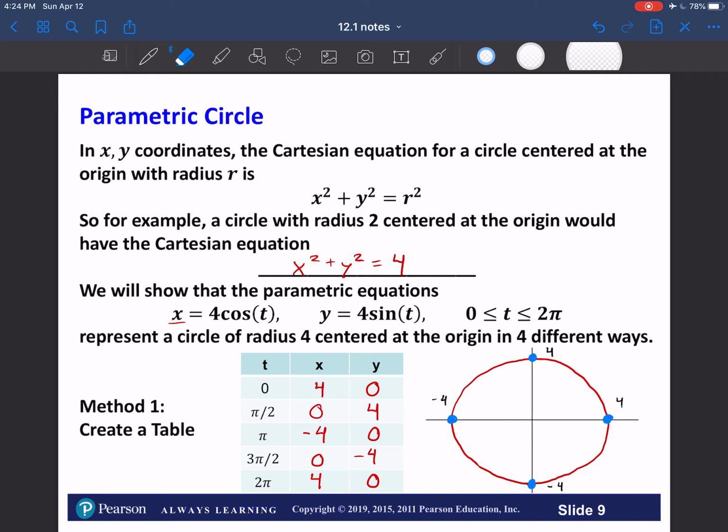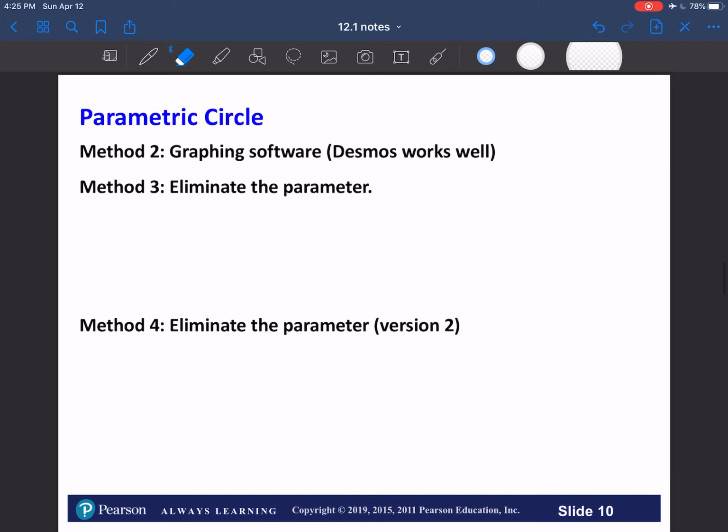So that's method 1. It's just creating a t-chart. Create a table, and then plot a bunch of points, connect the dots. That can work some of the time, but if you don't want to have to compute a ton of values, one thing that you could instead try to do is use graphing software. For example, the website Desmos works pretty well,